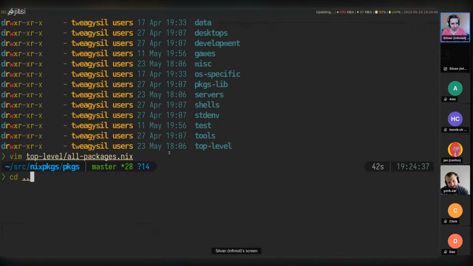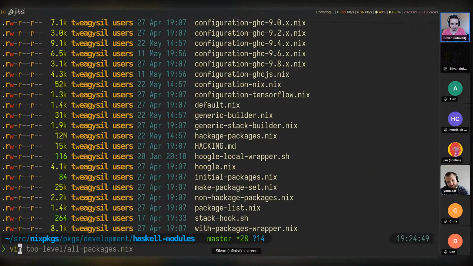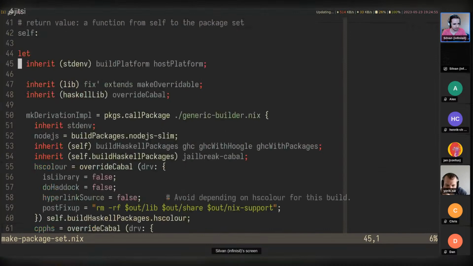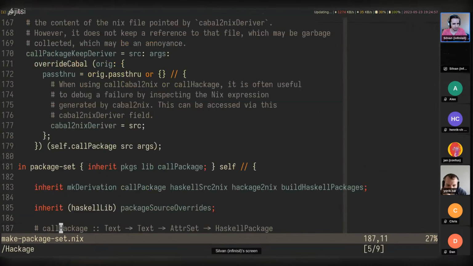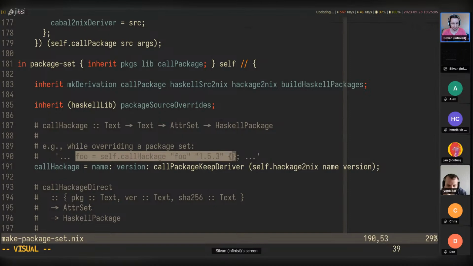Yeah, and maybe I can demonstrate this here. This allows something interesting, which is makePackageSet, Hackage, callHackage, yeah, this one here. So we have a short demo in here.